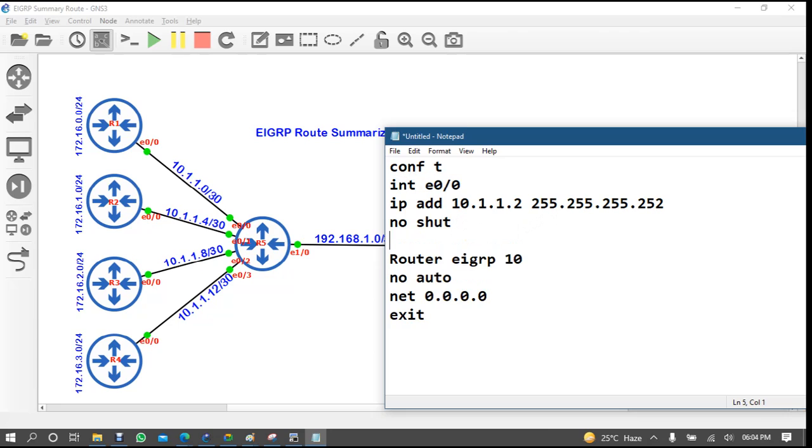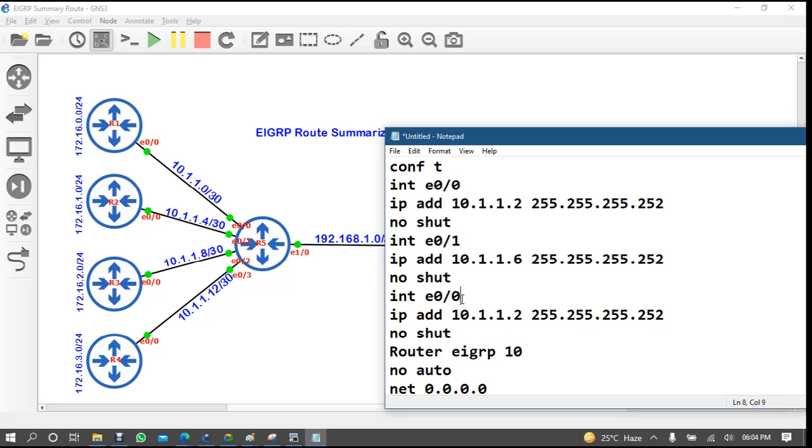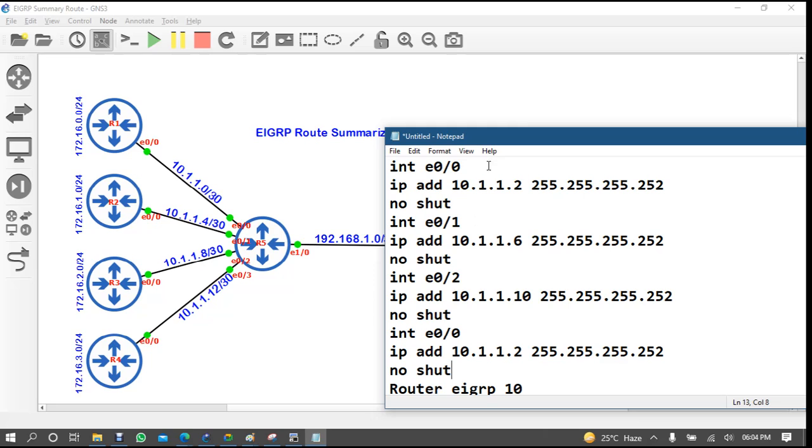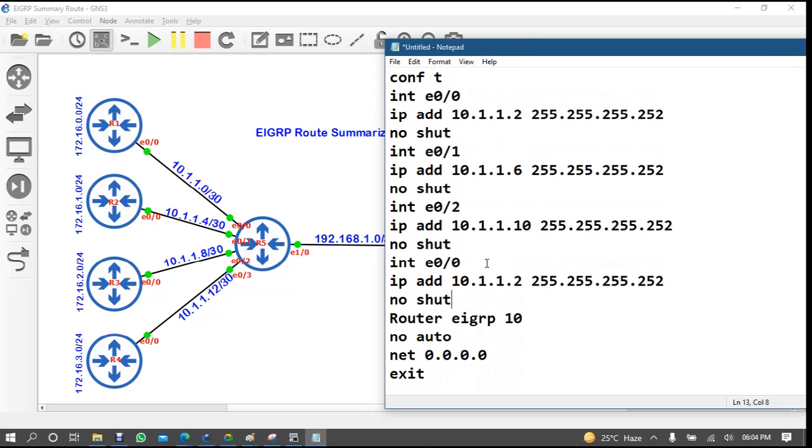Control C. E0 by 1 is 10.6. Then again E0 by 2 here is 8, 9, 10. E0 by 3, so here was 12, 13, 14.